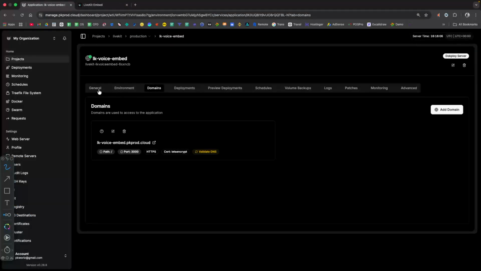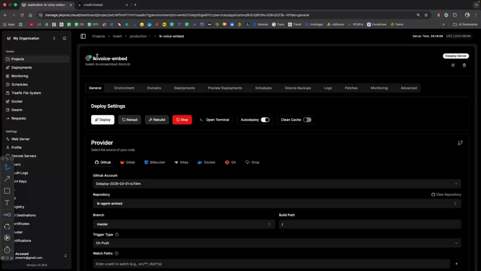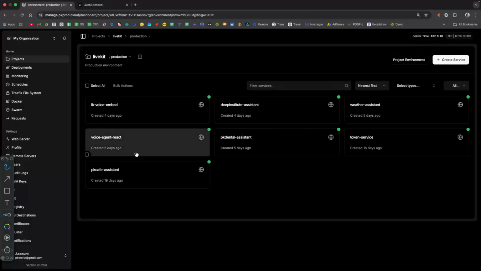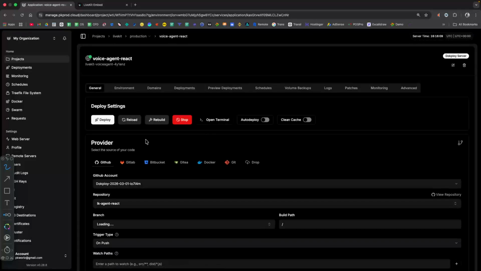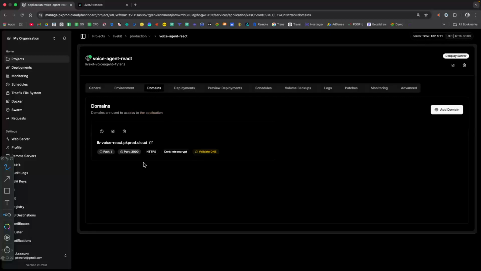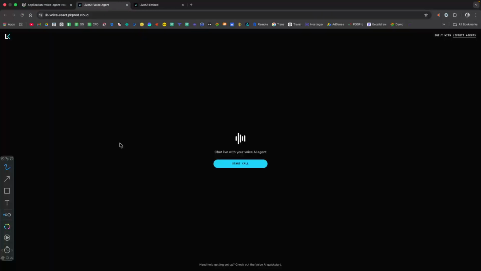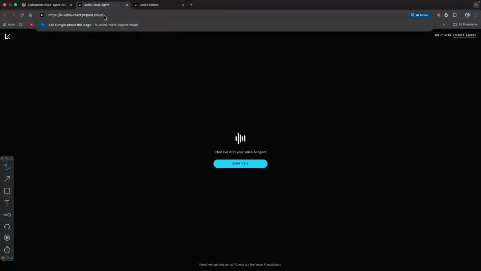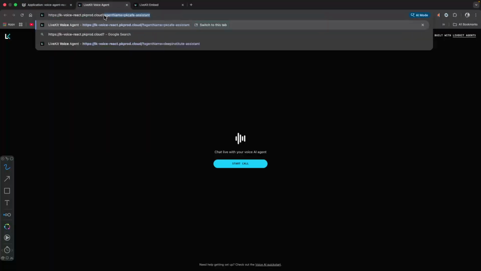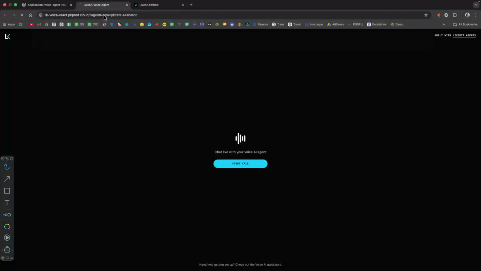A lot of things going on here. I have another one. If I go to LiveKit voice agent react, this is a React agent that is running, a React voice agent running. So go to domains. If I click this, and if I provide the agent name here in the query parameter, pk cafe assistant, so if I click it,